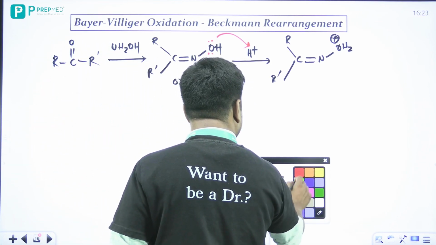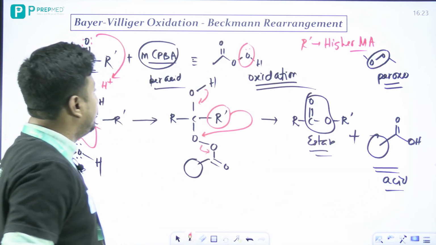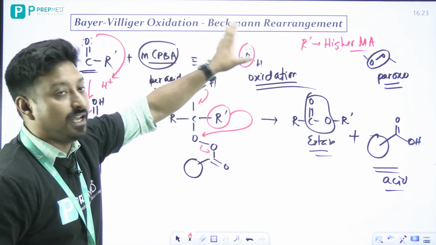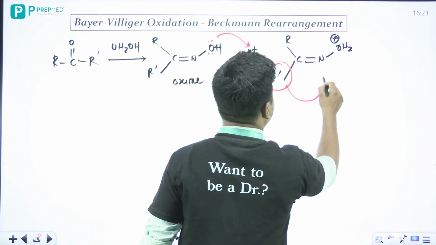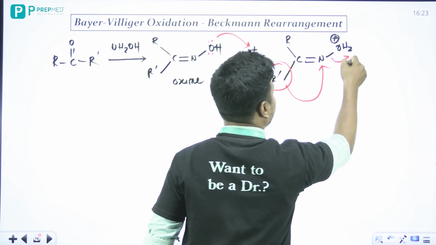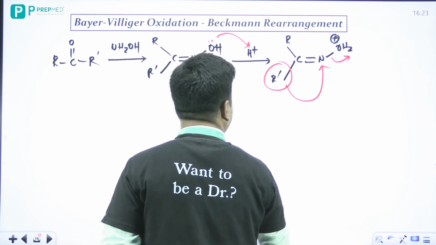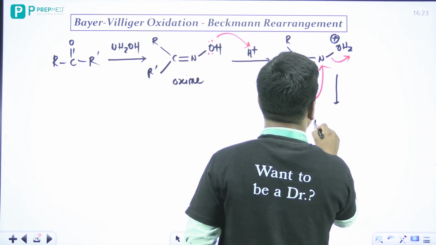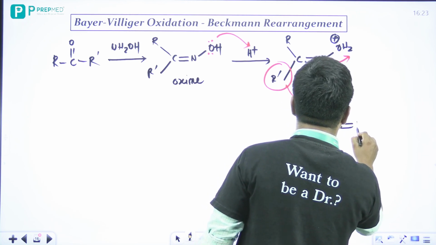Now after this step, as I said earlier, this R prime has a higher migratory aptitude. So this R prime will directly attack the N and the water will come out. Okay beta, so what is my product we are getting from this next step? We are getting R C, here we will put a plus, double bonded N